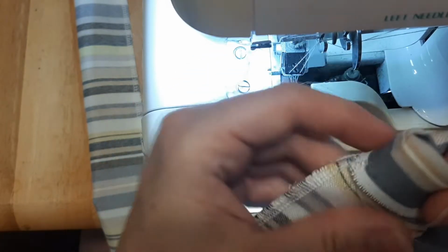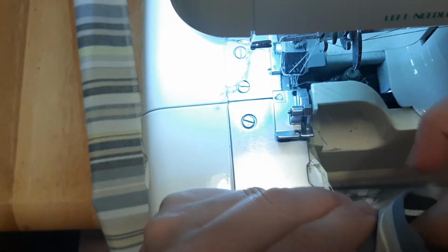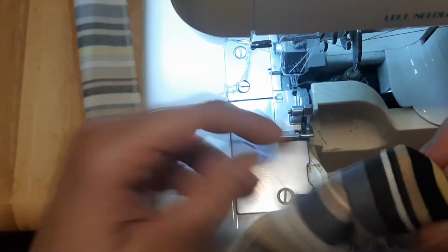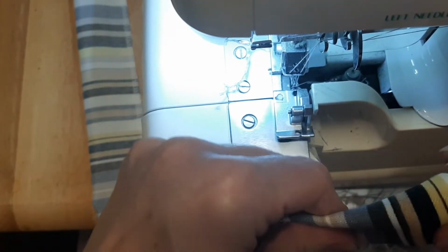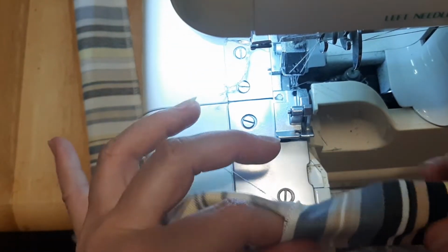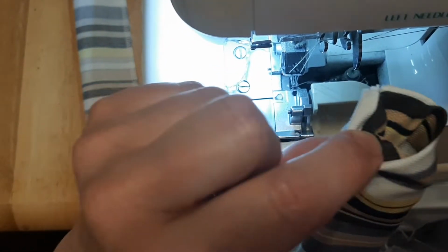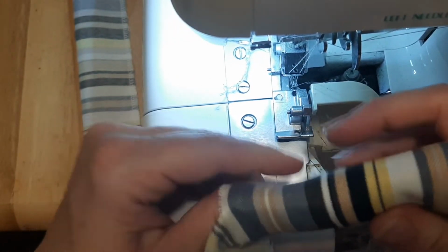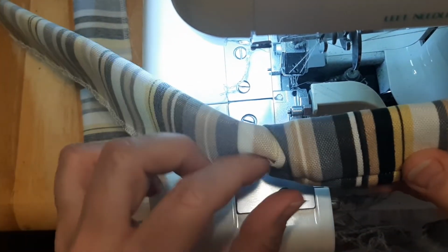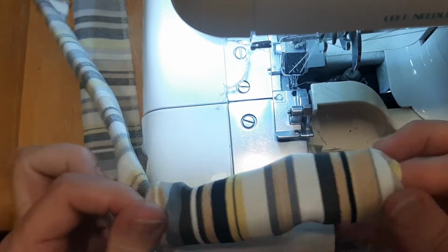So okay, all I did was turn the top, and then it's thin enough that I'm able to just pull my material through and turn my bag handle inside out. But I just stick my finger down in that hole, and then I hold the end of this, and with my thumb I pull this out. And I just